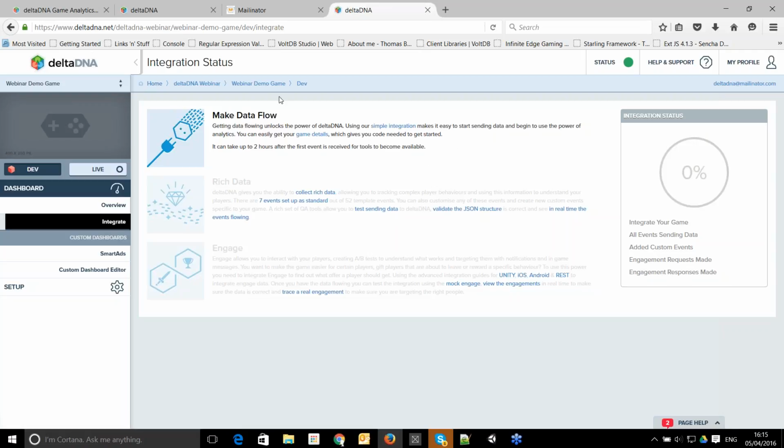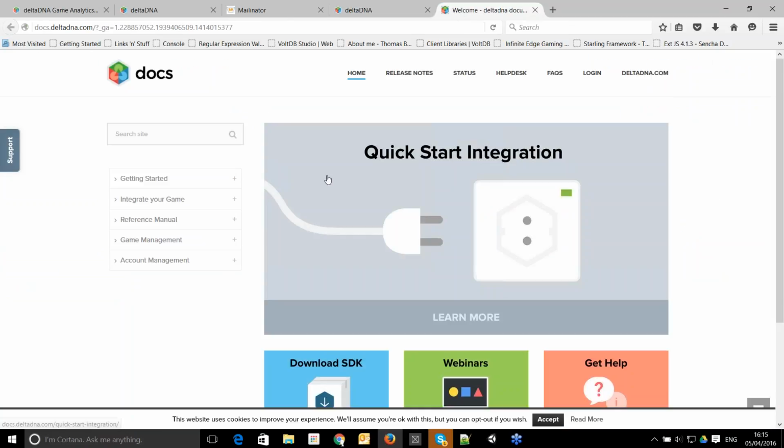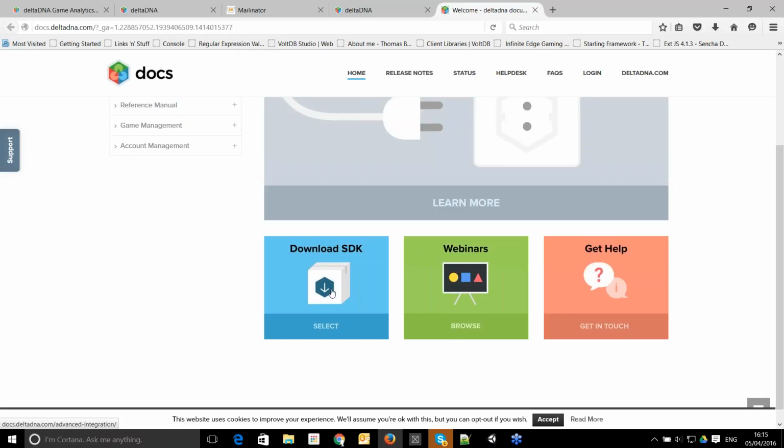And the links in this top section are really just showing a link off to the documentation portal, which you can get to in a couple of ways. You can click this link here, or if you look up here at help and support, that help button also takes you to our documentation portal. So there's lots of information there on the SDKs and instructions on how to use them. So let's just click that download SDK link,